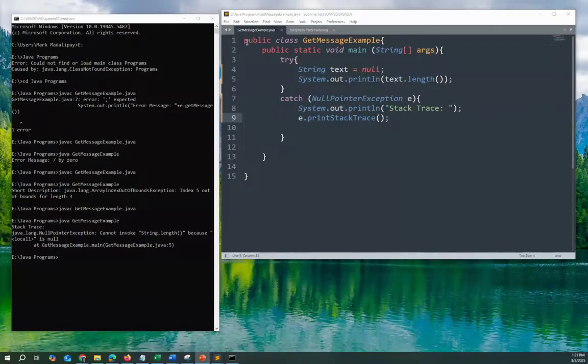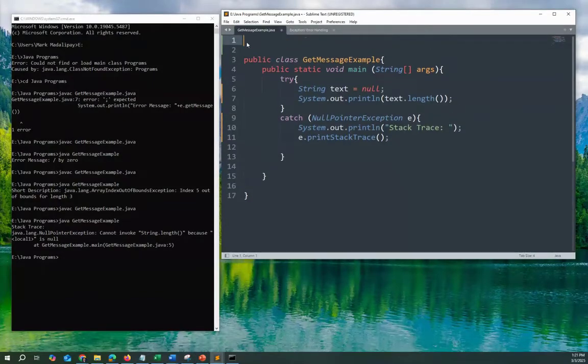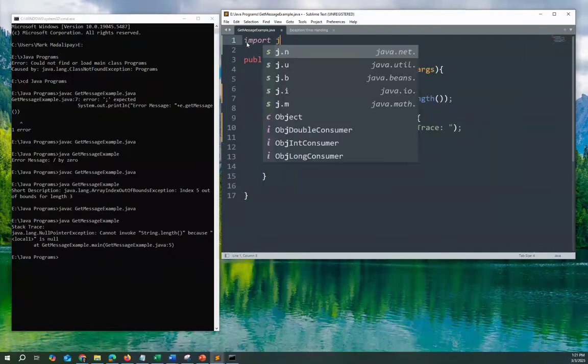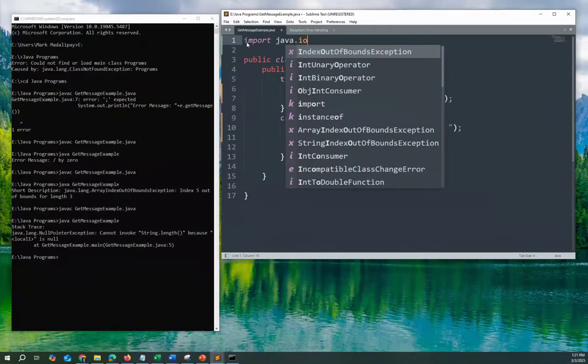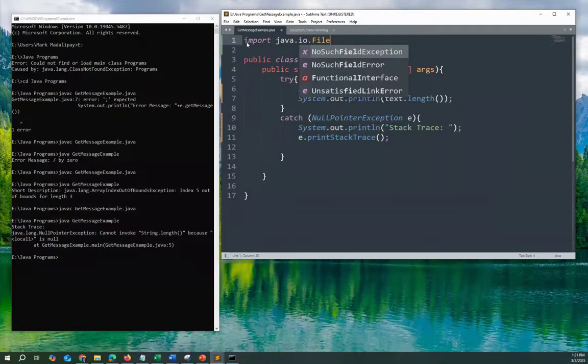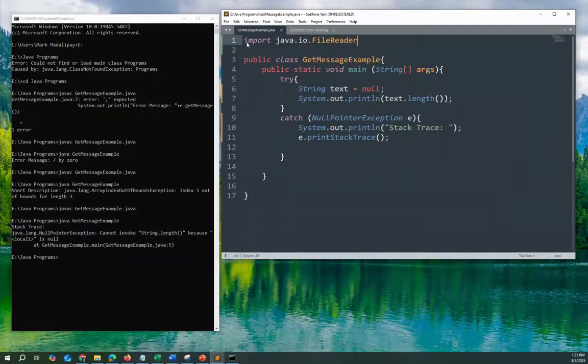Now we'll try to import java.io.FileReader, or we just use the asterisk. Okay. Then